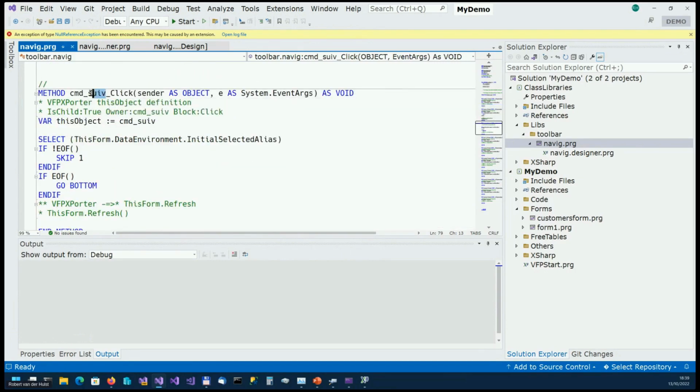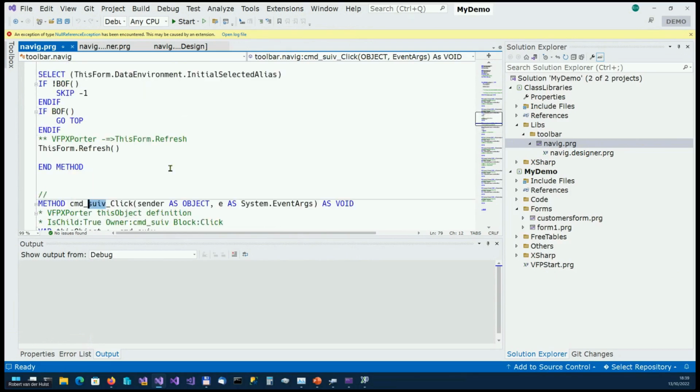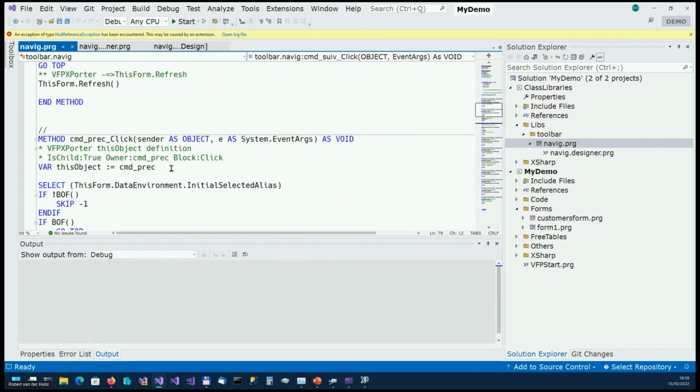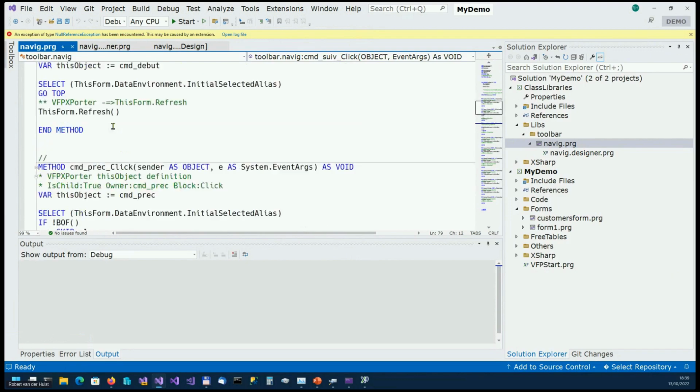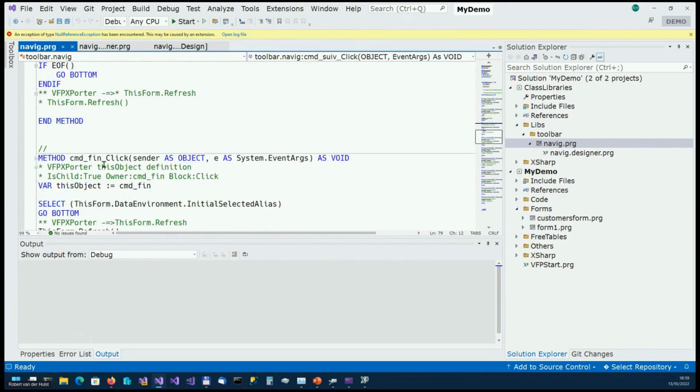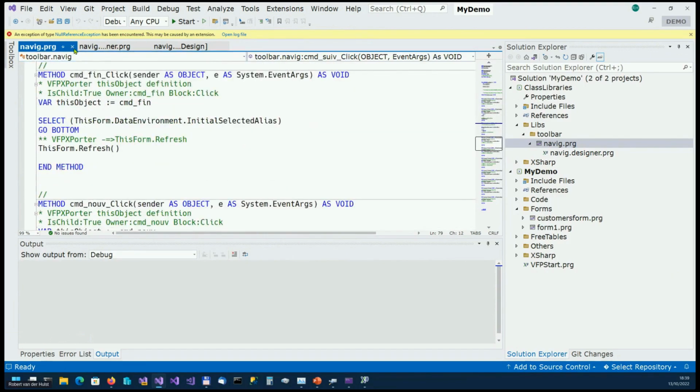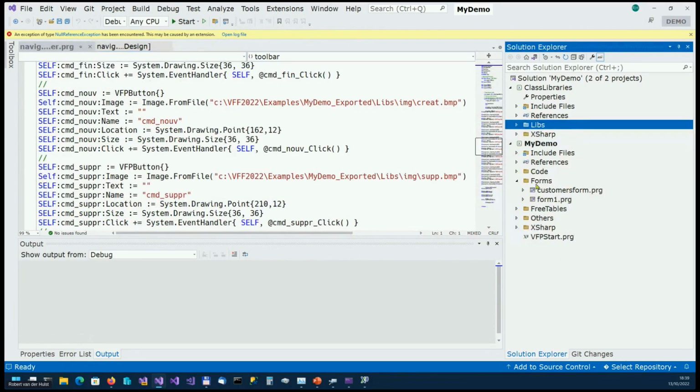As you can see, this is coming from a French user, so suivre means I have no idea. Next or previous, one of the two. Debut is start, I think, and fin is end. So you see all these event handlers are there, and the form itself